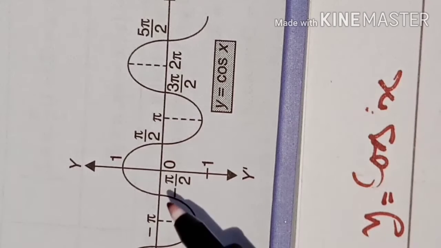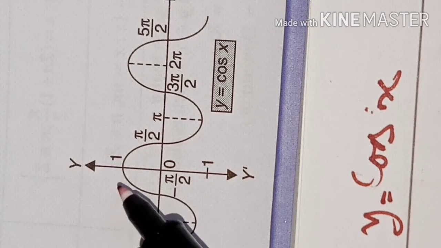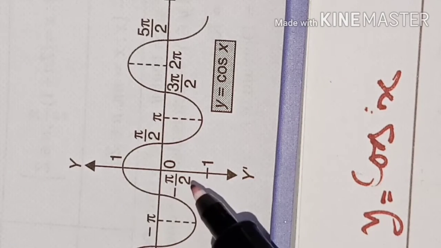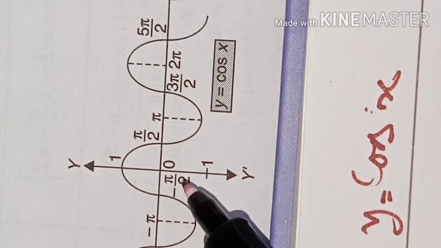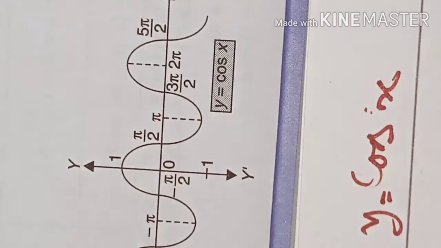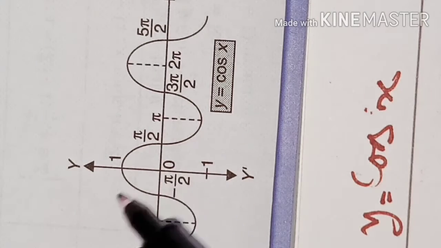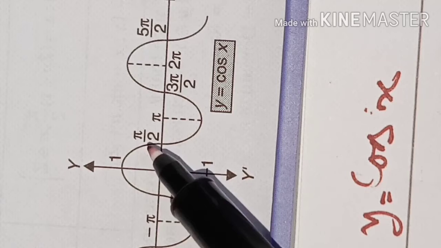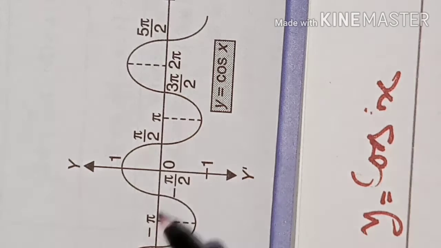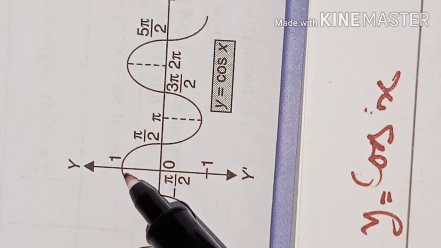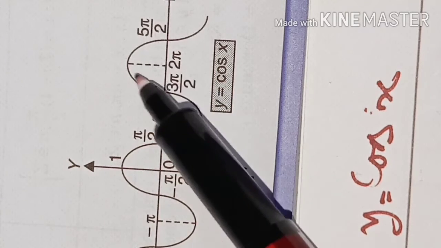Graph of the cos function you can understand here. It is between -1 and +1. It has got a range, but the domain is the whole set of real numbers. For all real numbers there are values, but the values are repeating. At 0 it is 1. Again at 2 pi it is 1.